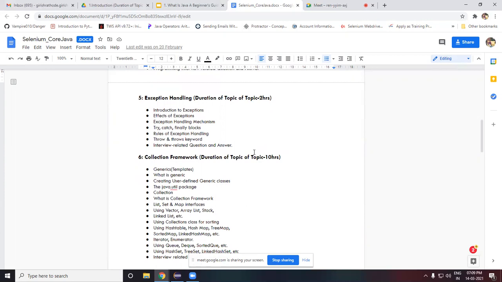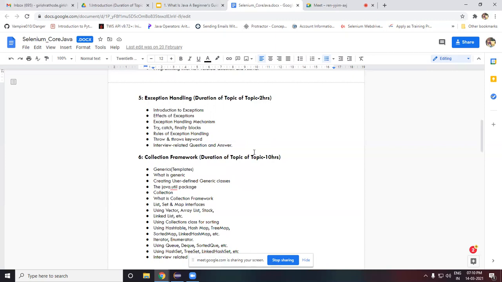Once we have completely discussed exception handling, later on we'll be discussing the collection framework. That is one of the most important topics in Java after the OOP, object-oriented programming concepts. The collection framework and arrays are somewhat similar, but I can't compare arrays with collections because collection has huge methods and is a huge framework.